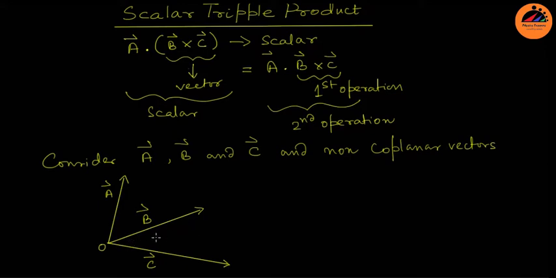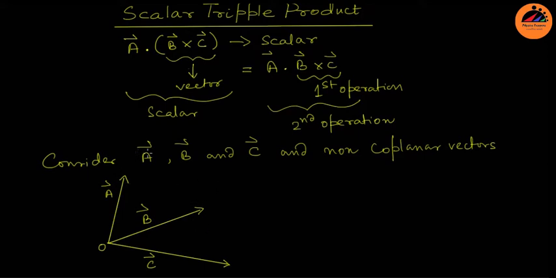It's immaterial to place a coordinate system, because A dot B cross C will give the same result. Whatever coordinate system you choose, it is a scalar, and a scalar is basically independent of coordinates. That's the definition of a scalar. As you age, you will understand that a scalar is defined as independent of transformation of coordinates. Whatever coordinates you choose, the scalar quantity remains the same, but the vector components change as you change coordinates. Anyway, let's do B cross C.